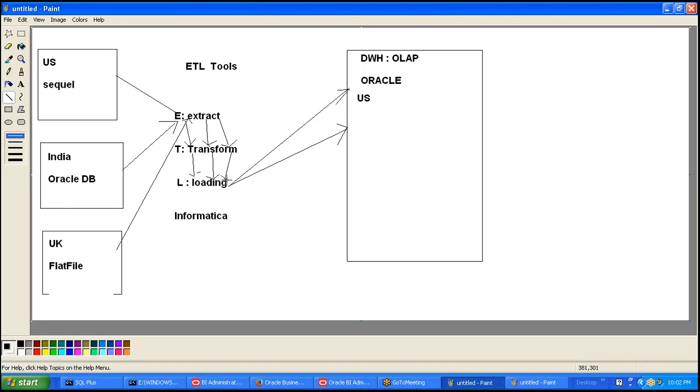After the transformation is done into the Oracle using Informatica, we are going to load the data into the warehouse. Into the warehouse in Oracle format, which means now I'll be having the data here, US data, India data, UK data. All these 3 source systems data we will be having in Oracle format. Okay. So now I'm having all the data.